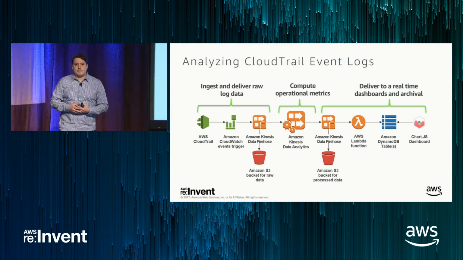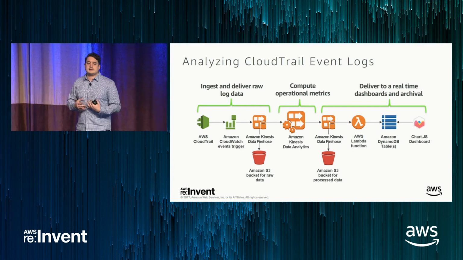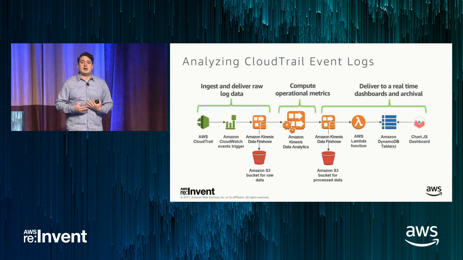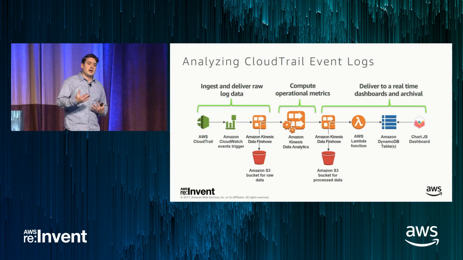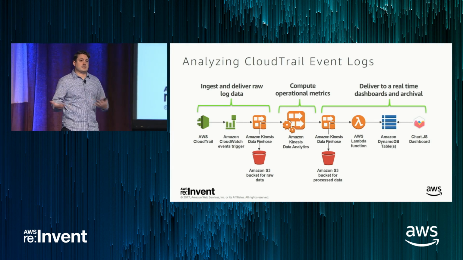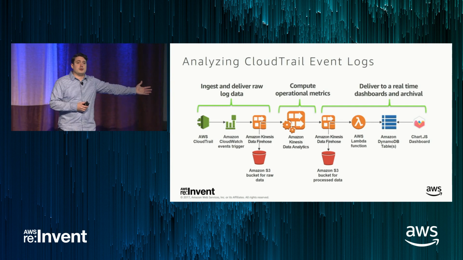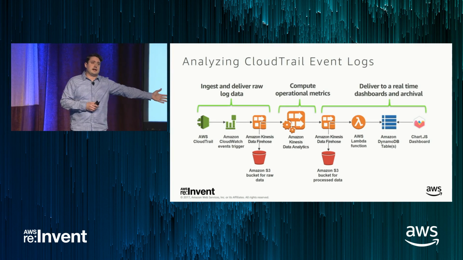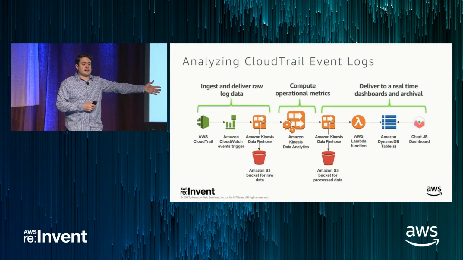Again, a very, very common scenario that I show on the back end of this is using a combination of Kinesis services and AWS Lambda to persist data to durable storage like Amazon DynamoDB. And then archiving the raw events throughout the pipeline. So Kinesis Data Firehose stores the raw events if you want to perform batch analysis later, as well as has a bucket for processed data. So you can reevaluate any past results as well.